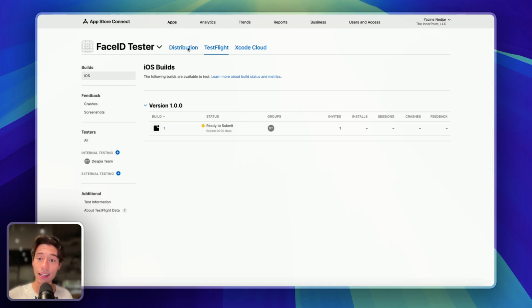because the app doesn't have a utility. So what you want to ask yourself when you want to publish an app to the App Store is, does this app have any kind of utility? And if it has a utility, and if it doesn't look like a nightmare, because Apple likes to keep their reputation high and likes things that look good on the App Store, if it looks pretty decent or okay, and it's not what we built today, and it actually has a use case, it will get approved